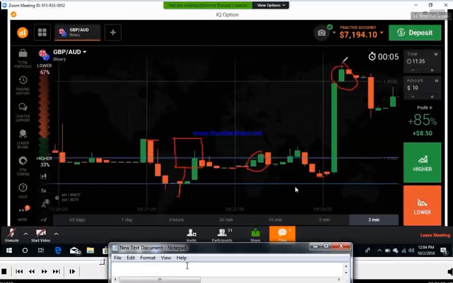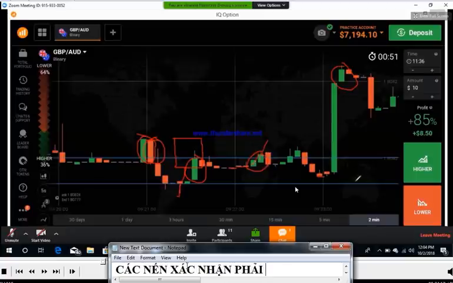You can take this as a confirmation. This is the confirmation candle. You can take this type of candles. This is a very weak candle. You can't take these weak candles as a confirmation. So we can't trade here. And this is a very strong candle. You can't take this as a confirmation. I will show you, just wait.